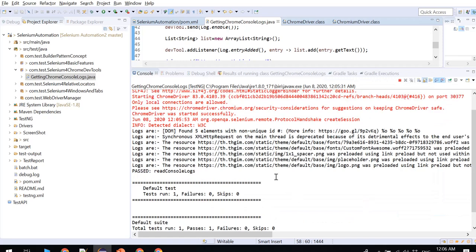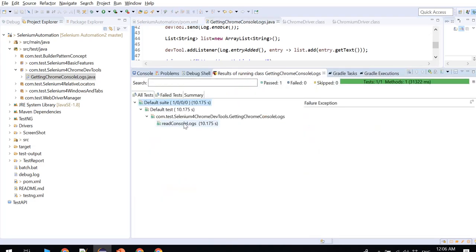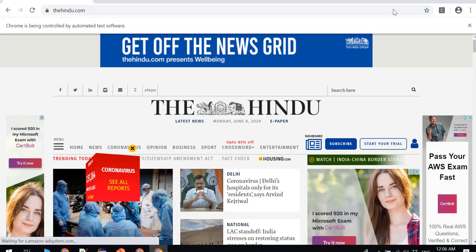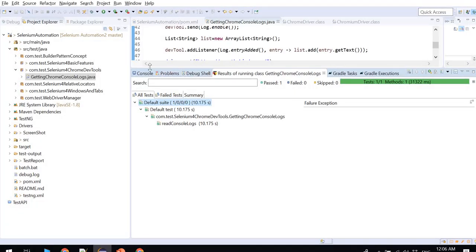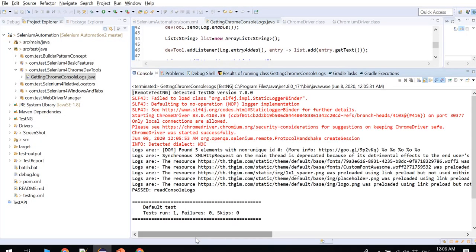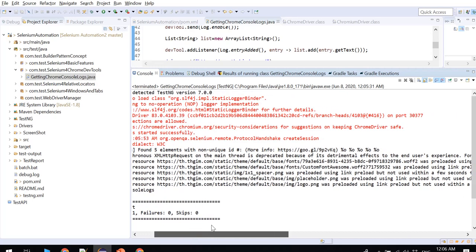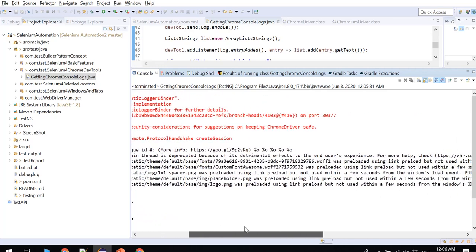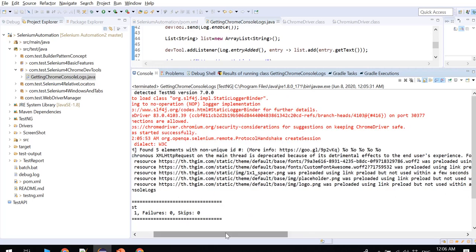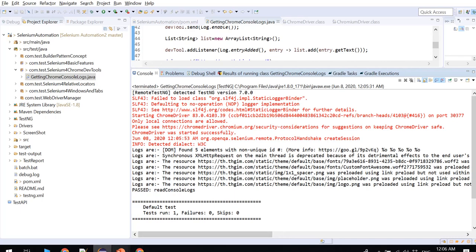Here you can see how many logs it read, and the test case got passed. Let me close this forcefully. And here we can see "found 5 element with no unique". These are the console logs it is reading.